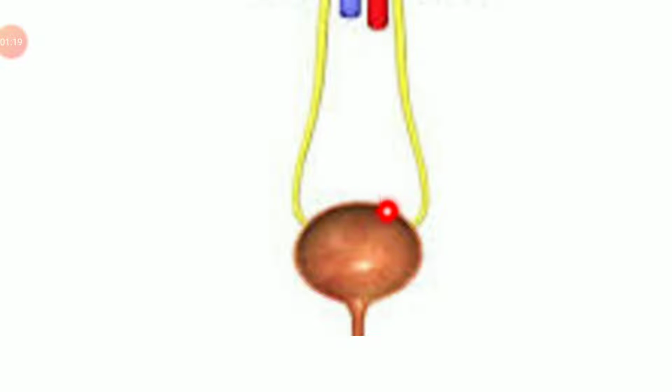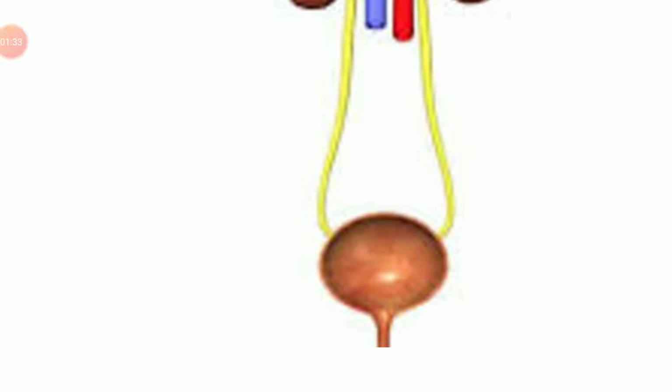The urinary bladder would start to accumulate the urine, and when a certain volume of urine is reached, it would be evacuated outside our body through the micturition reflex via the urethra. The last portion is the urethra.